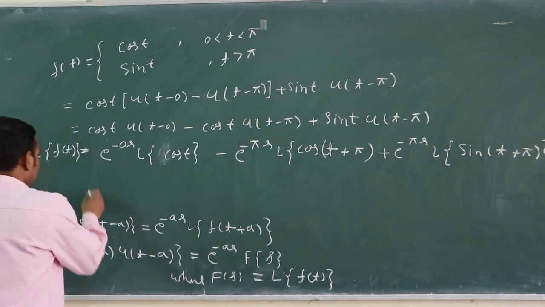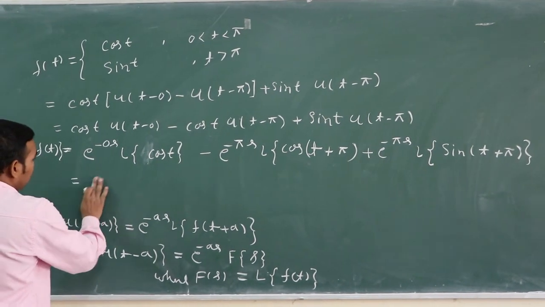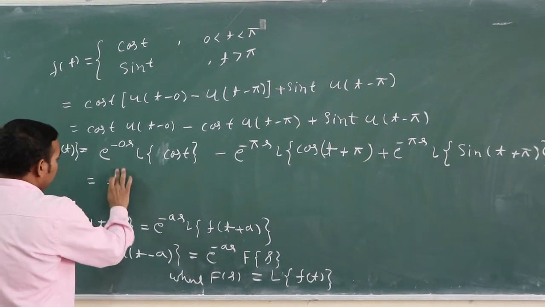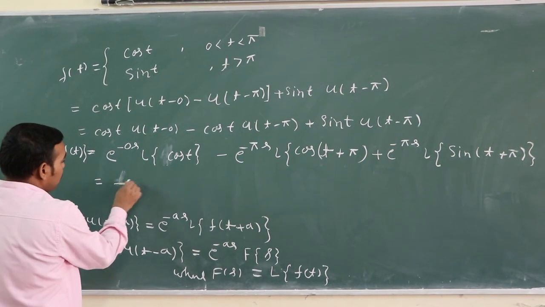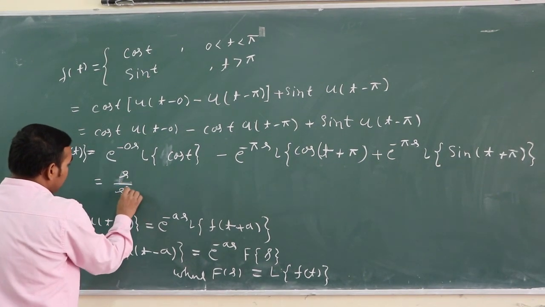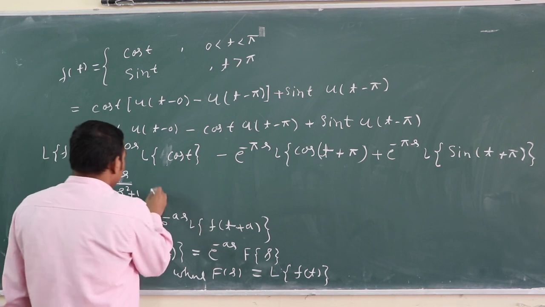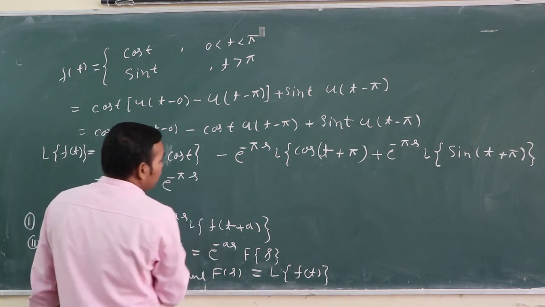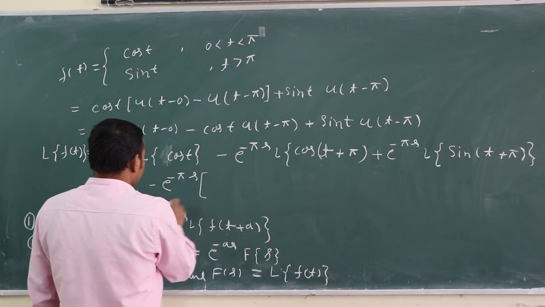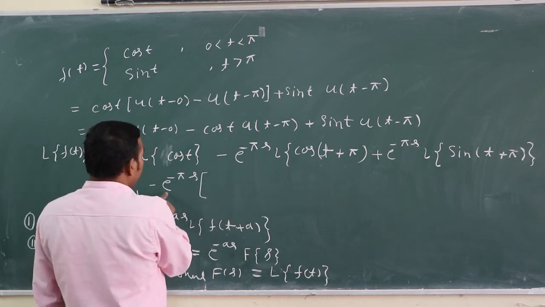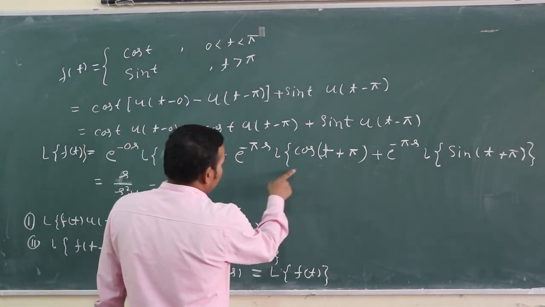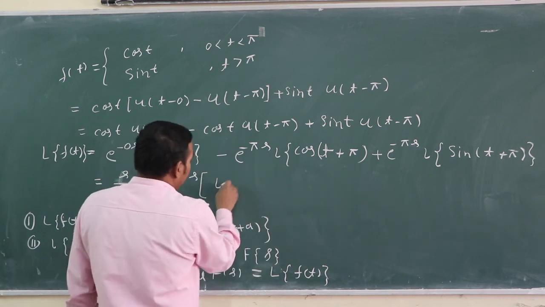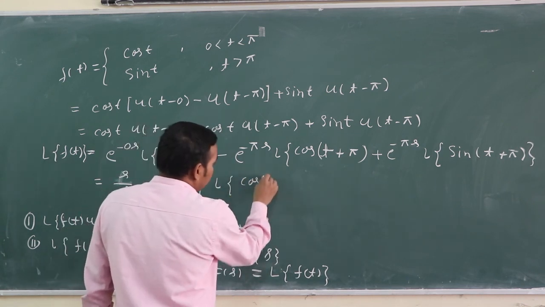That is equal to Laplace of cos t, s upon s square plus 1, minus e to the power minus pi s; taking it outside, Laplace of cos(t plus pi)